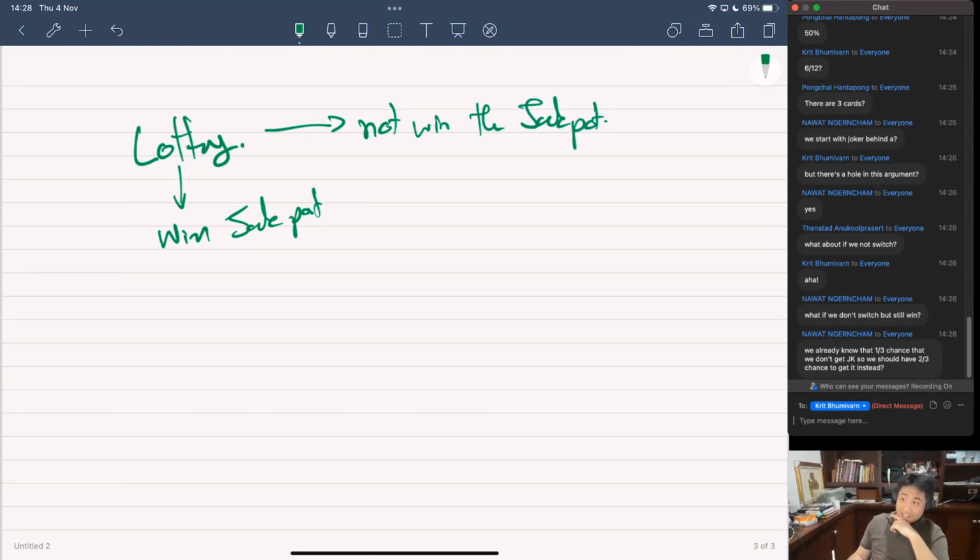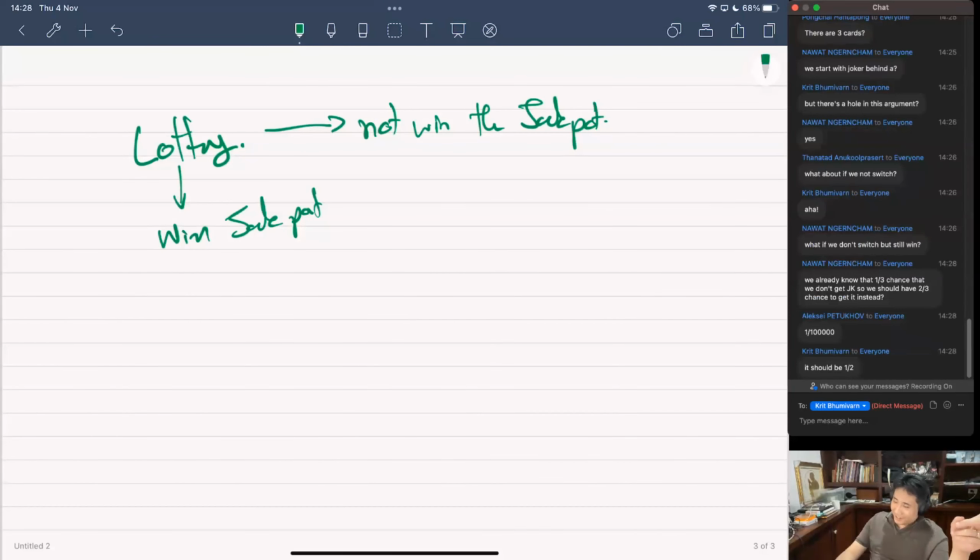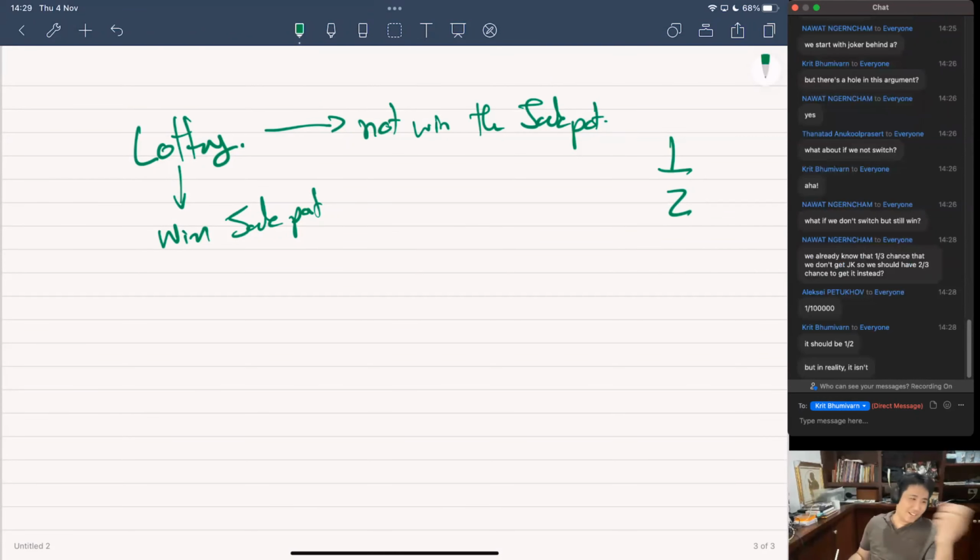So if you buy a lottery today, there are two things that can happen. You win the jackpot or you don't win the jackpot. Let me ask you, what is the probability that you're going to win the jackpot? If you use exactly the same argument that you had before, it should be 1/2. Then you should go buy a lottery right now. But you know it's a scam, right? Lottery is a pure scam. It's like a poor people's tax on math, or it's called an intelligence tax.